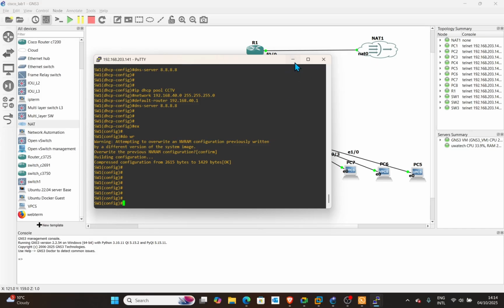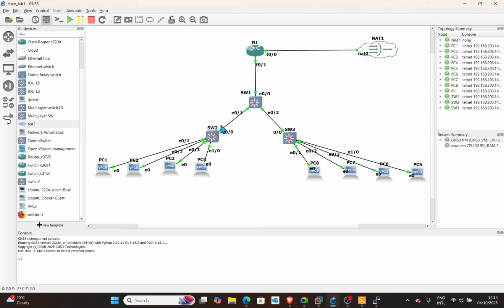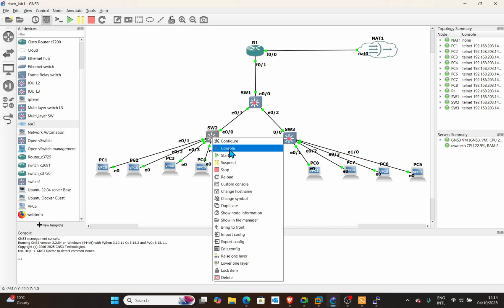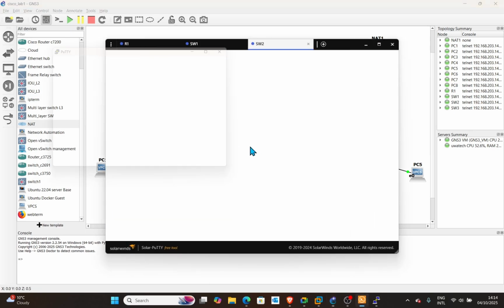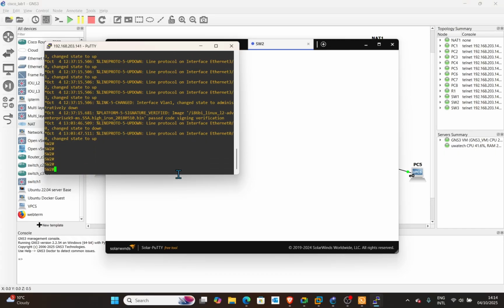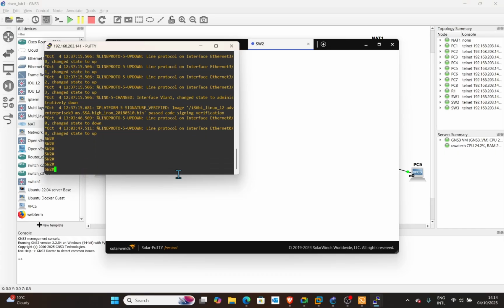So next we are going to configure the same thing here and also in this place. So the switch 2, I'm going to configure the same thing I did, which is the VLAN, VLAN 10, VLAN 20, VLAN 30, and VLAN 40. So config terminal,